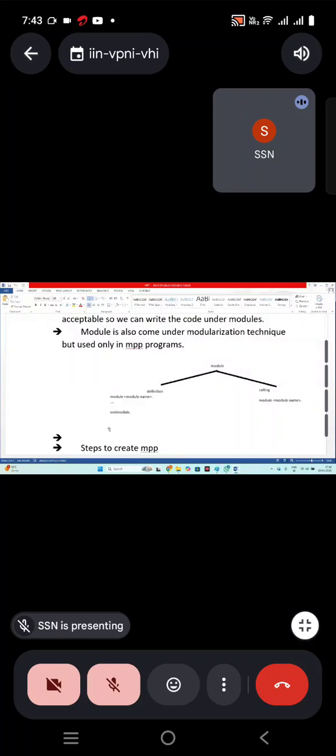We use the modules concept. Modules are a modularization technique with two parts: the definition part and the calling part. In between module and end module we write the code, which is the definition part. The calling part uses the module keyword with the name.